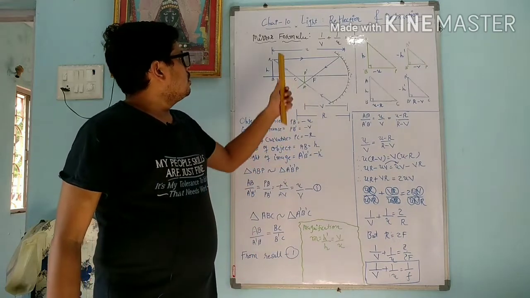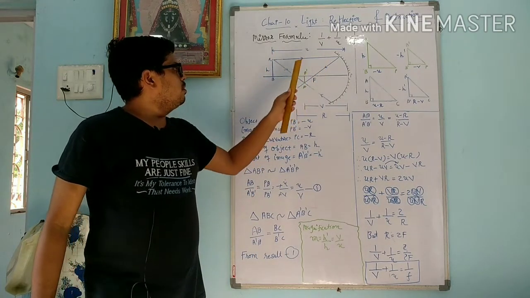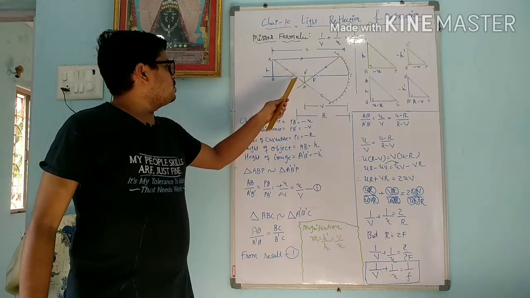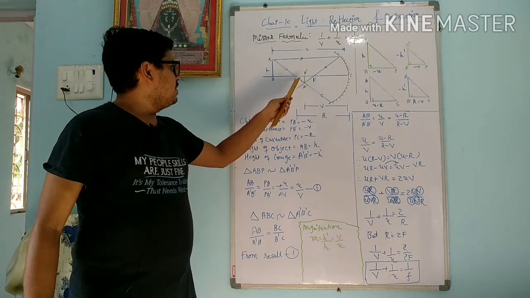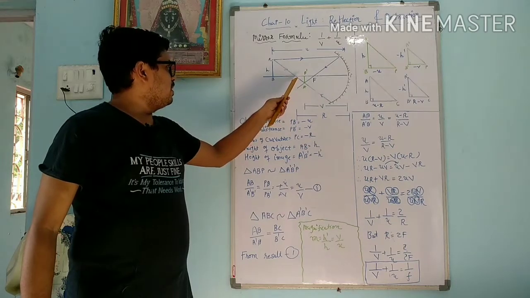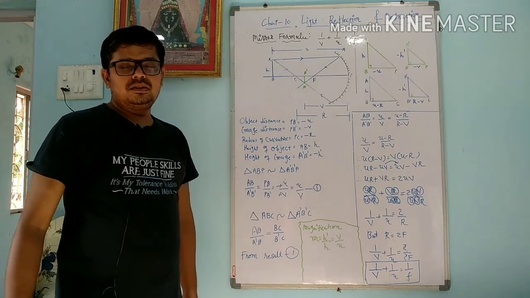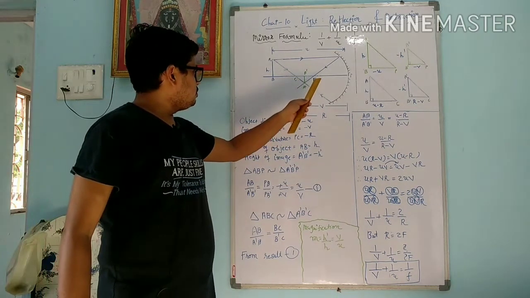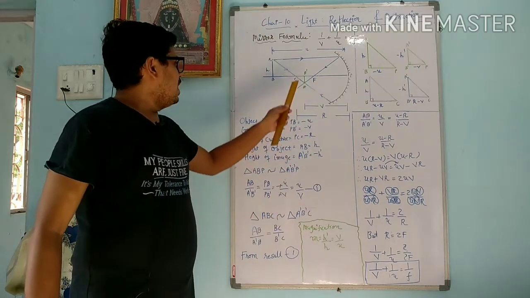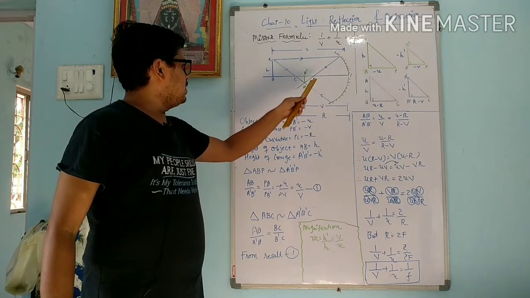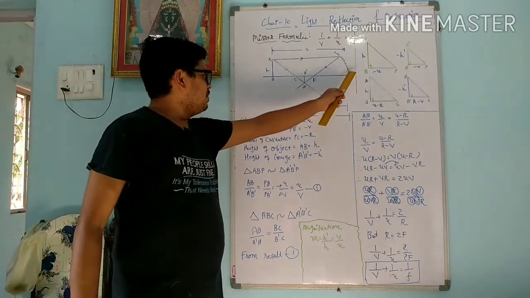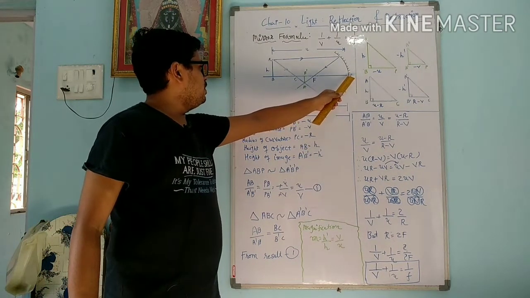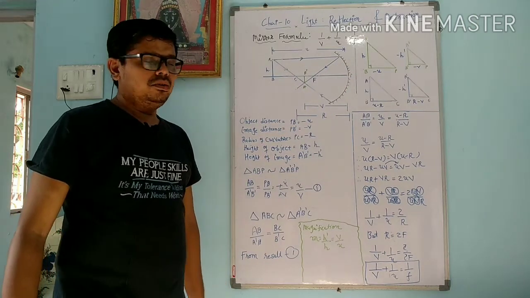Okay. Now we already know some terminology. What is called the center of curvature? The center of the spherical mirror from which a concave mirror or convex mirror is made is called the center of curvature. Principal focus. After reflection, if the rays meet at a point, that point is called the principal focus. Pole. Pole means the center of a concave mirror or convex mirror, that is called the pole.